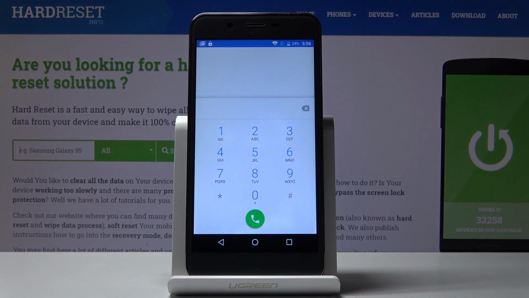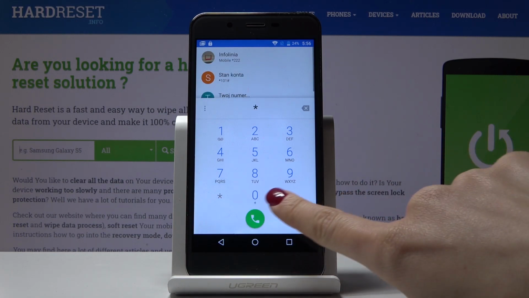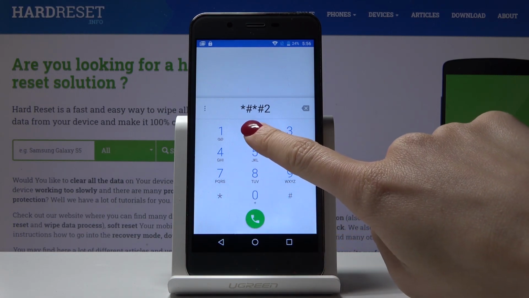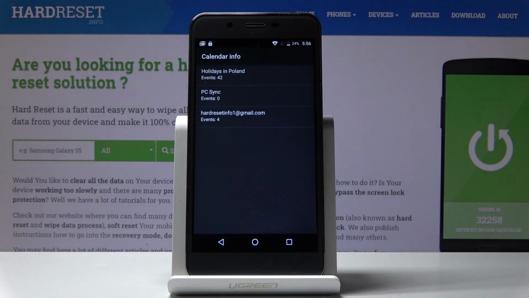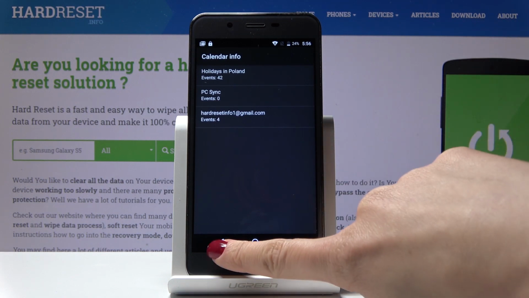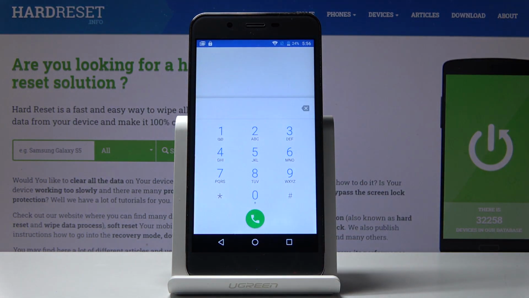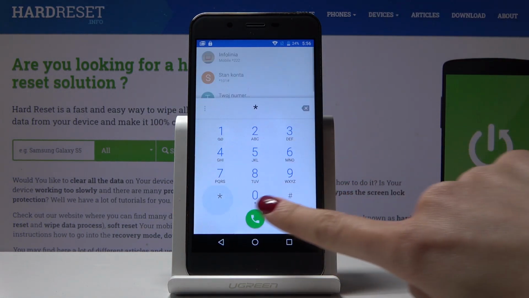And another code is *#225#*. And here you've got the calendar info, so you can check all holidays in Poland or the place you currently stay in, and also all the events that are assigned to your Google Calendar and also device's calendar. So from now on you will not forget about any important celebration, any important event. So let's go back. And the last one, the last code is